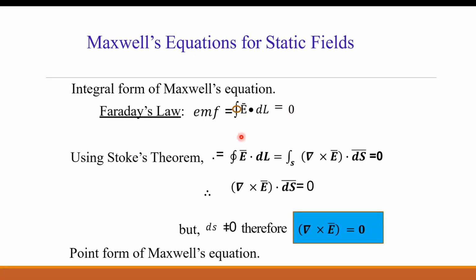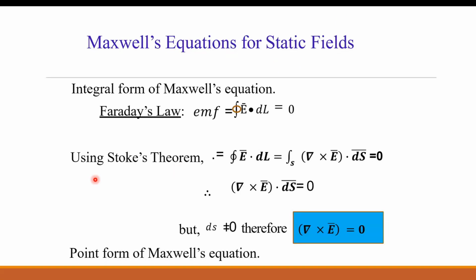So this is the first basic equation derived from Faraday's law. Understand it? This equation is known as integral form, because there is closed integration present, and this closed integration is line integration. कारण इथं dl bar आहे, त्यामुळे ह्याला आपण काय म्हणणार आहे, closed line integration of E bar dot dl bar is equal to 0. This is integral form of Maxwell's equation for which field? Static field. For static field.